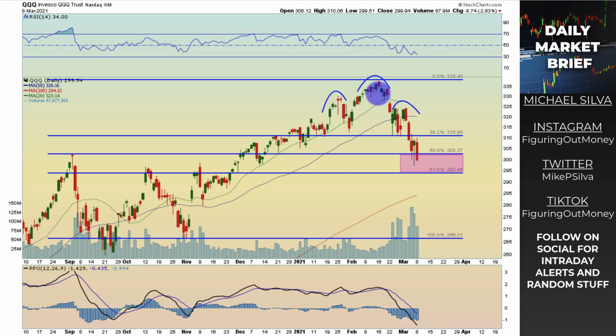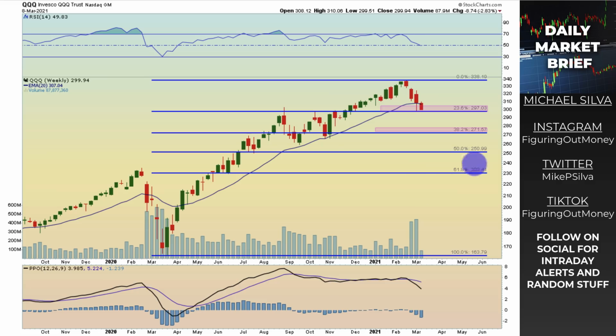Here's the Nasdaq. The Nasdaq is the one that is really taking it on the chin, getting beat down, almost down 3% today. Look, we made a huge hammer candle here, had no follow through, unfortunately, for the tech stocks really getting hammered down. One thing that we mentioned was this pink box for the target. The 61.8% retracement level is still holding as an area of support. We haven't even reached down to it yet as measured from this pullback.